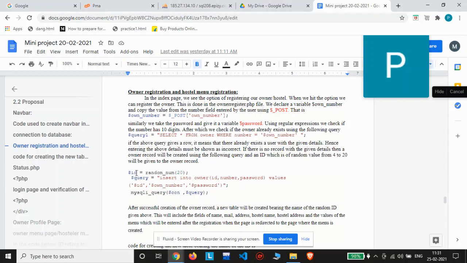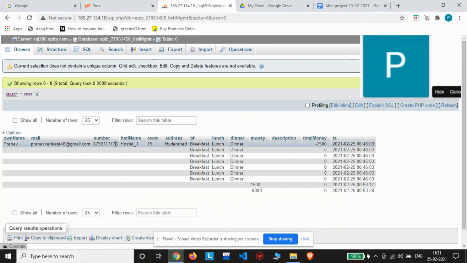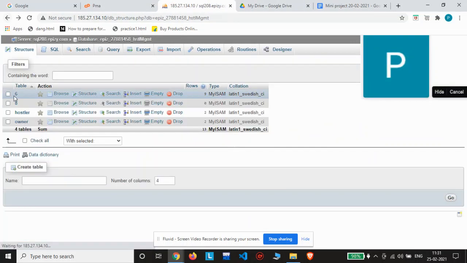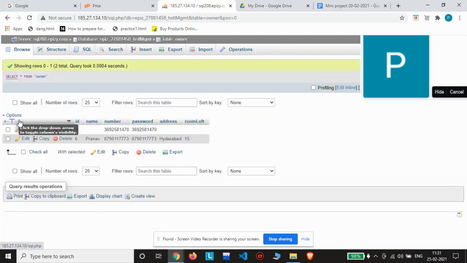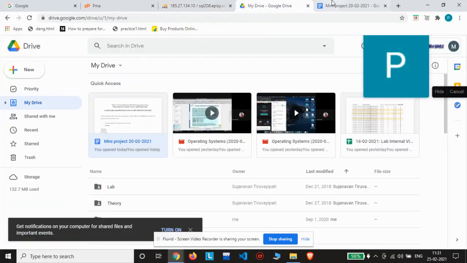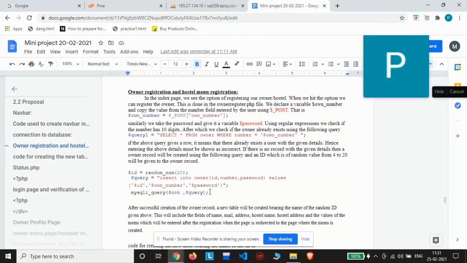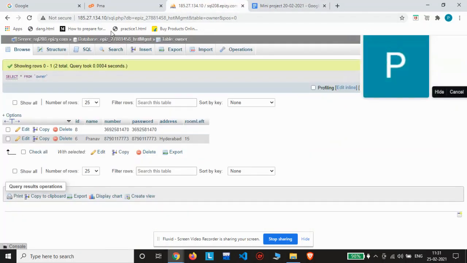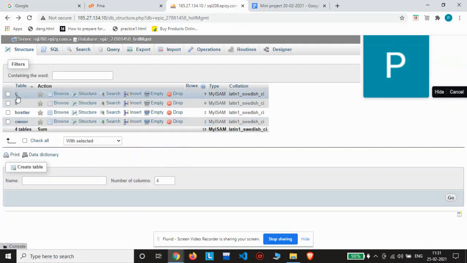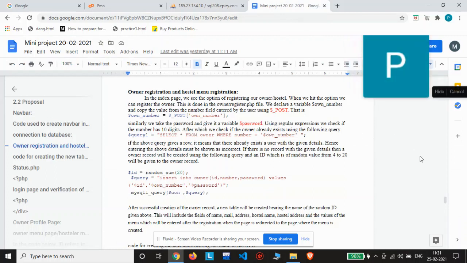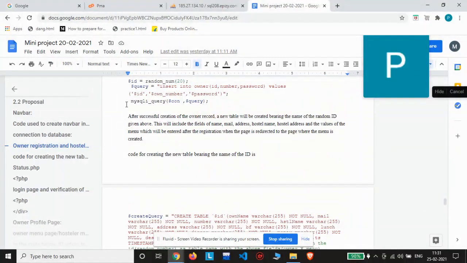What we are doing is finding a random number from 1 to 20, and this will generate a random number. In my case, the ID was 6. It will generate a random number every time, and it will create a new table. By table, I mean this one. Inside that table, it should contain all the menu values and the personal profile details of the owner. So this is a query to do the same, and we run this query by doing this